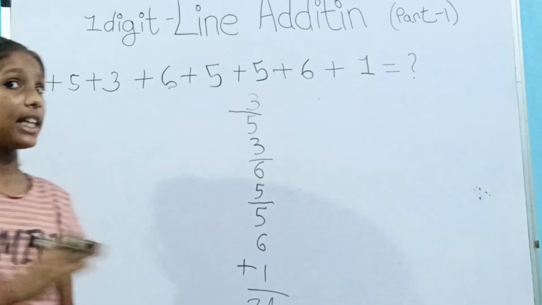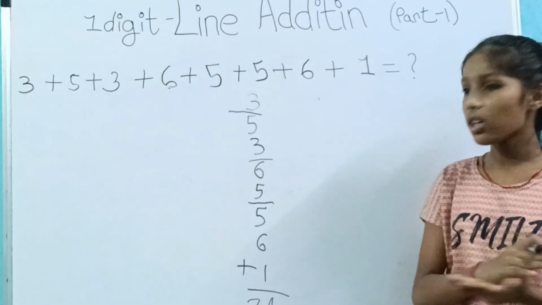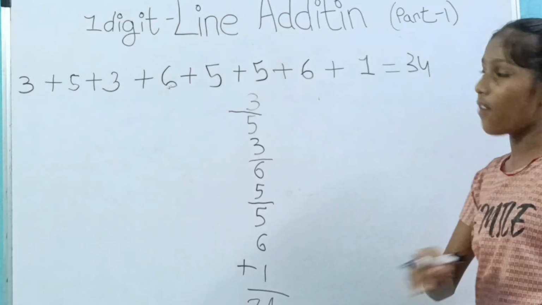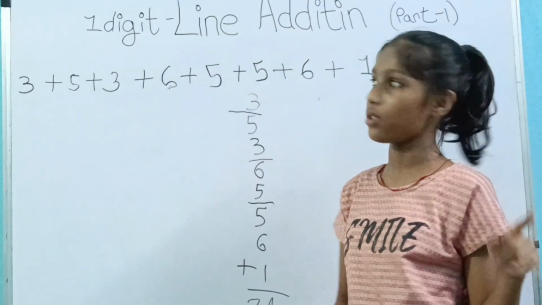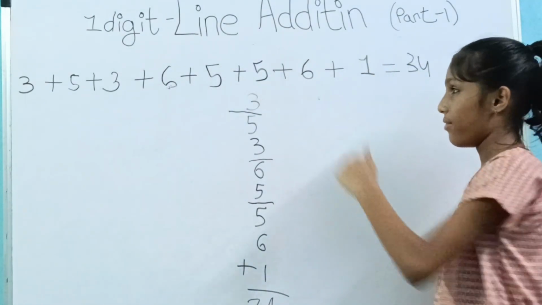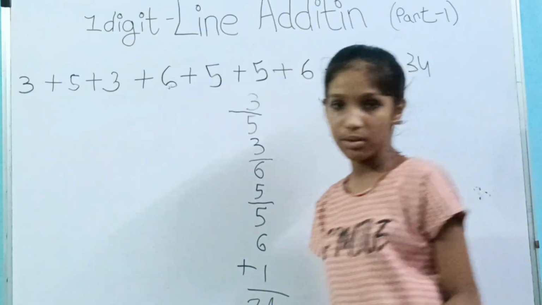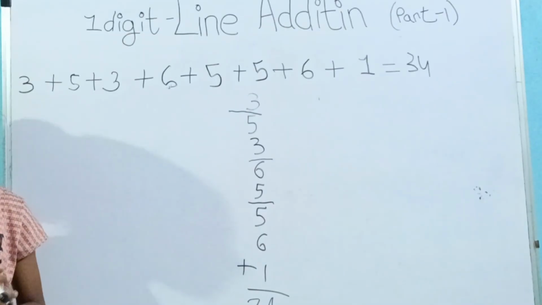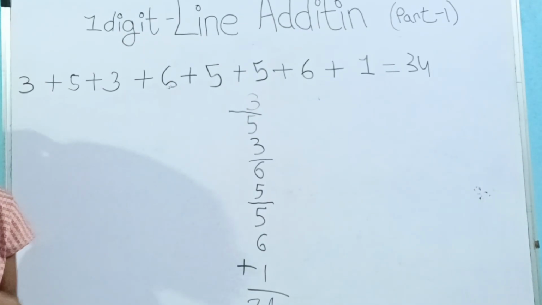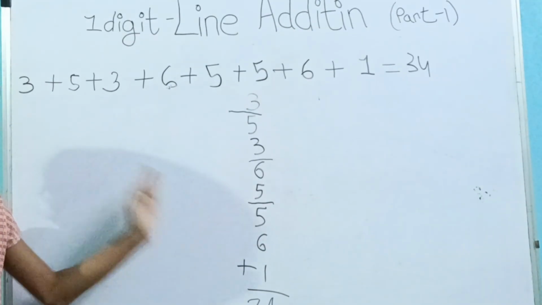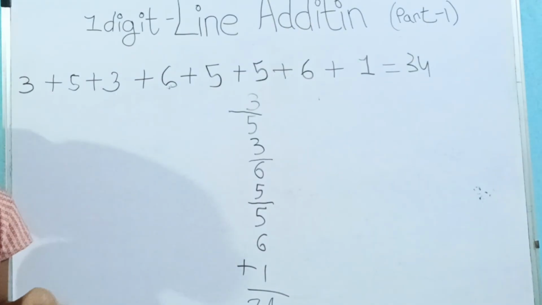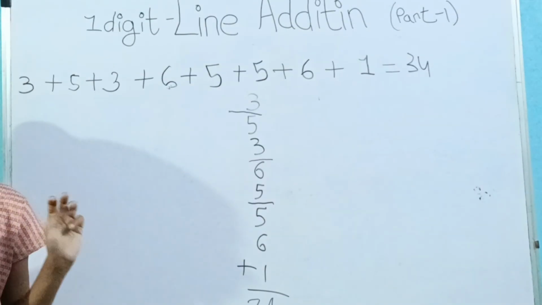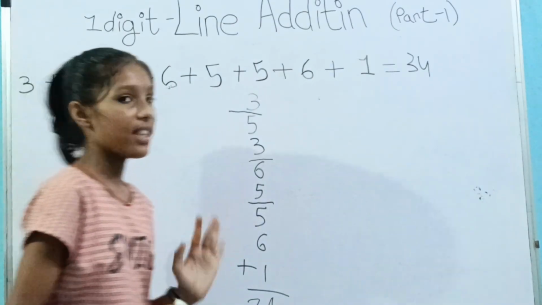What if we want to check it? We are not sure if the answer 34 is correct. So we are going to use the normal method we use in school to find the correct answer. 3 and 5, we add 15. You know how teachers teach that method. You can use that method on this. I'll give you 5 seconds to do that. If the answer is correct, then very good. If not, then there's some problem. Alright, I'll give you 5 seconds. So I hope you got the answer 34 only.